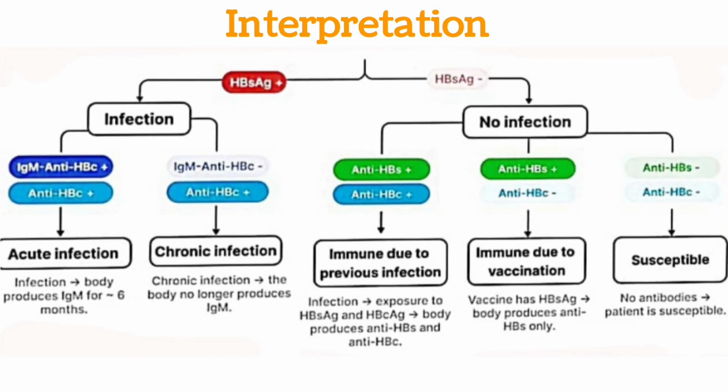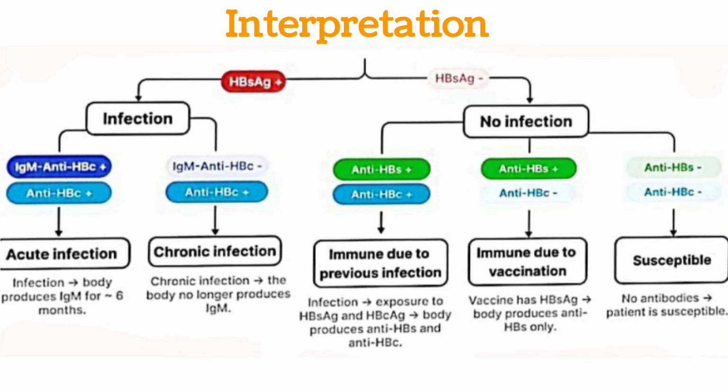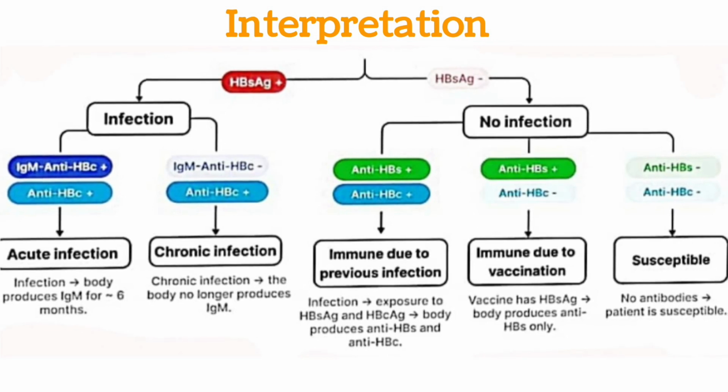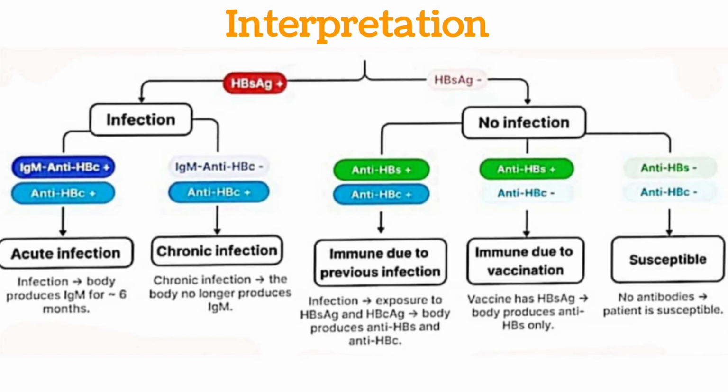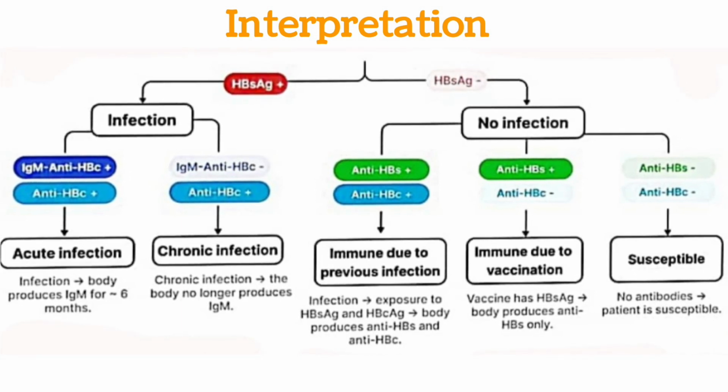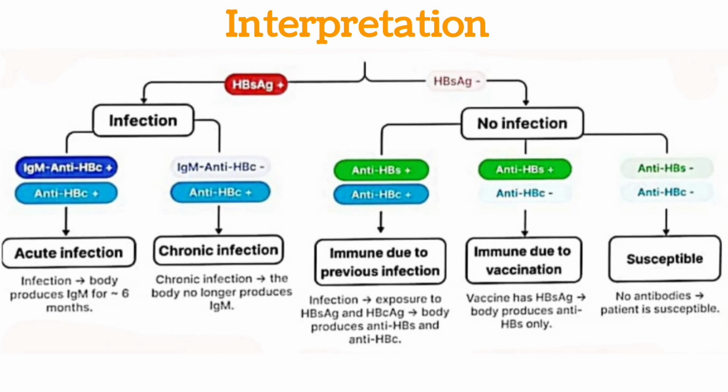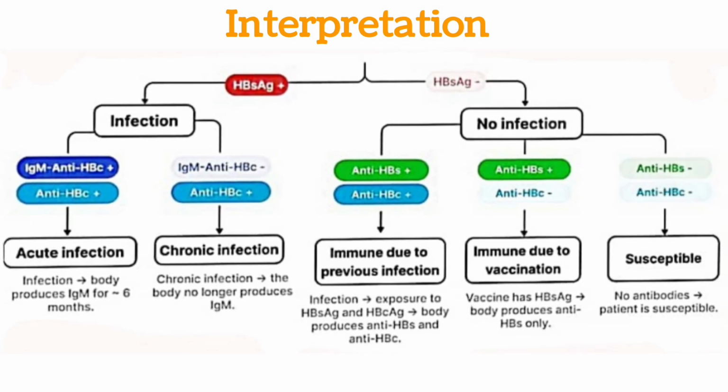If the core antibody is negative and the surface antibody is positive, then it indicates that the body is immune due to vaccination, because the vaccine contains surface antigens in the form of dead virus against which the body forms antibodies. If both core and surface antibodies are negative, then there is no immunity, and the body is prone and susceptible